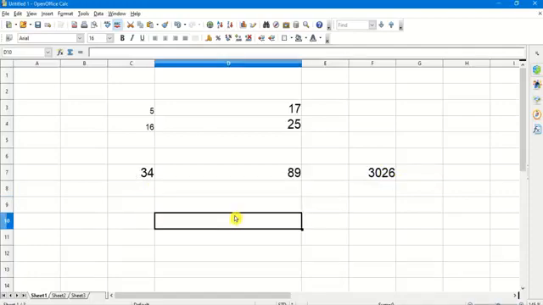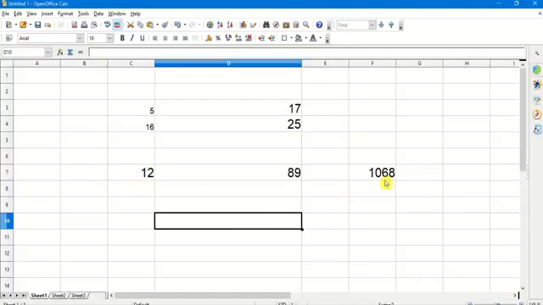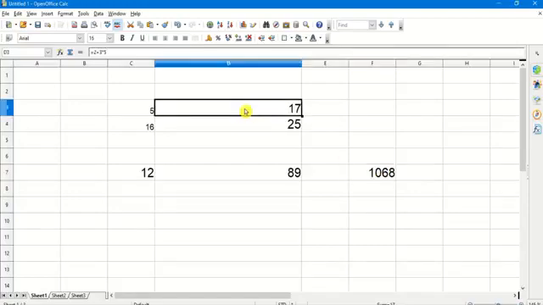The only difference between using cell addresses and numbers is that if I change any of the numbers, for example instead of 32 I use 12, then automatic recalculation of my formula takes place, which is not possible otherwise.